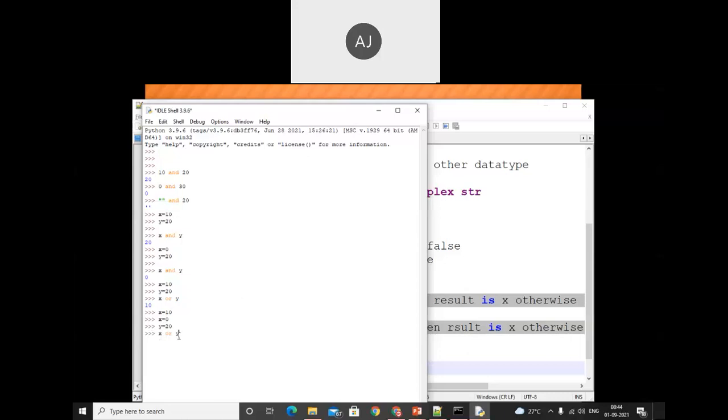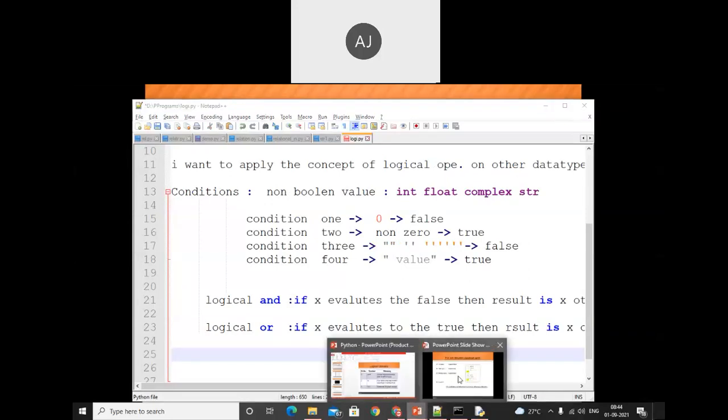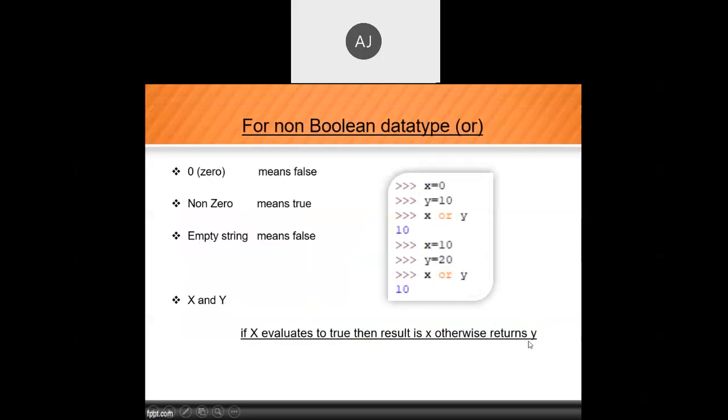So we get the output 20. Just understand this concept and follow this rule. For non-Boolean values with the or operation, if x evaluates to true, then the result will be x, otherwise it returns y.